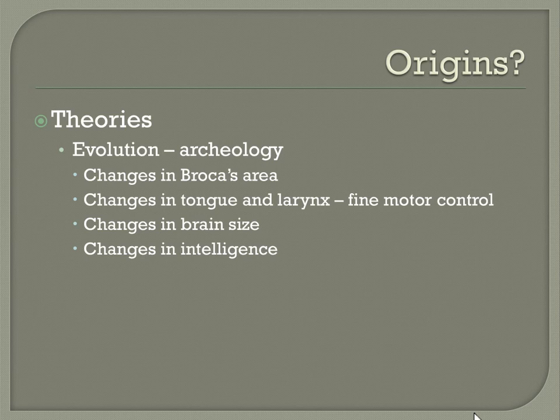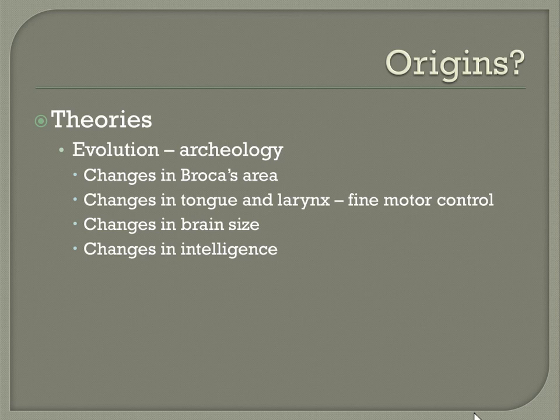There have been some changes in the tongue and larynx, which allow for fine motor control. So those have evolved to allow us to have more muscles and more fine-tuned movement. Because as you saw in the last section, pronunciation and phonemes are really complex. And so the ability to enunciate in all those different ways really speeds the development of language, because now I have the ability to say more sounds, and more sounds means more words and more capability to create these complex ideas. We have seen increases in brain size, which just gives us more room to work with, so to speak,